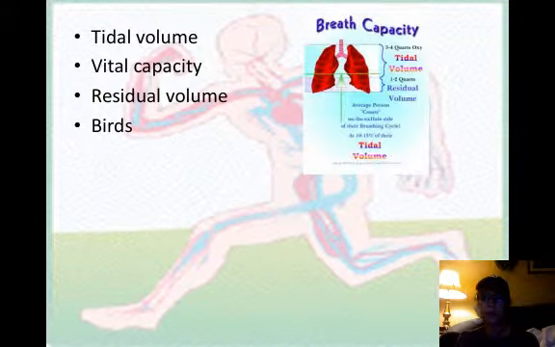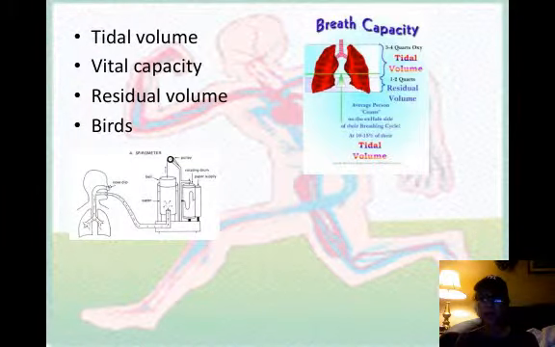Tidal volume is the volume of air an animal inhales and exhales with each breath. In a human, it's equivalent to about 500 milliliters during resting. Vital capacity is the maximum tidal volume during forced breathing. It's about 3.4 liters, which is close to a gallon, in females, and 4.8 liters, which is over a gallon